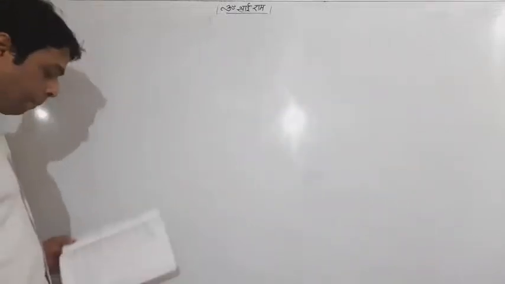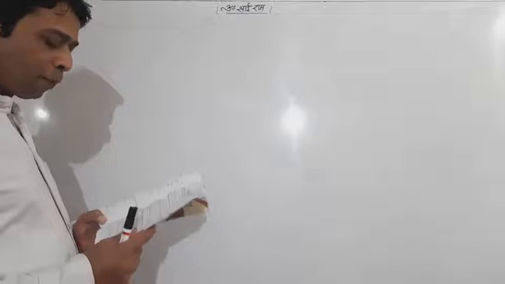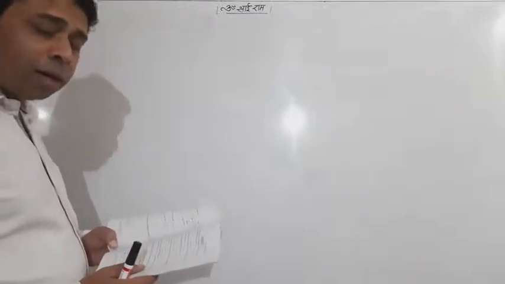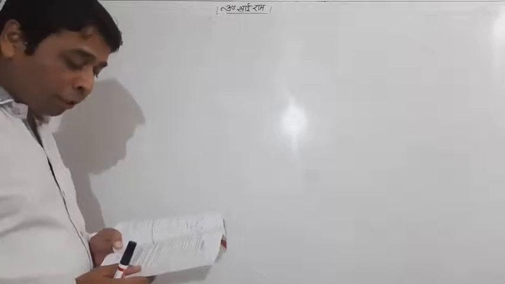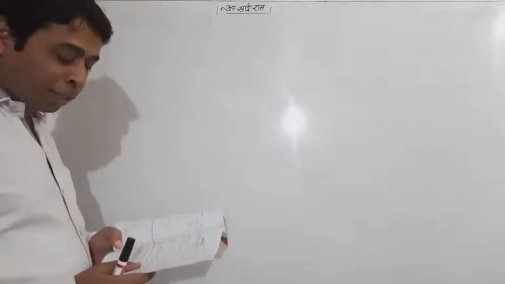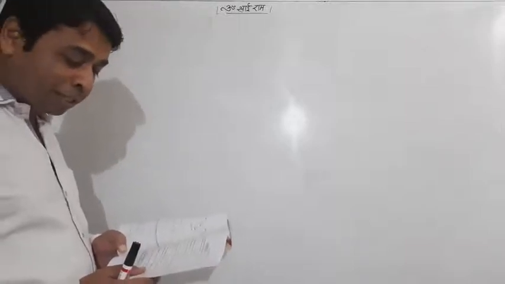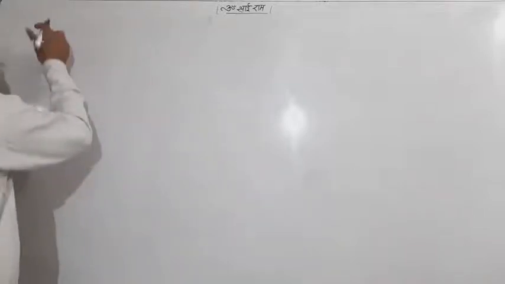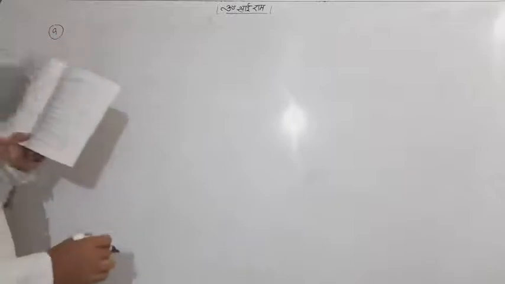Some other question. We have question number 5. Question number 5 is very easy. Find the vector and Cartesian equation of the plane that passes through a given point and whose normal is given as i plus j minus k. First question is this, A. So it's an easy one.